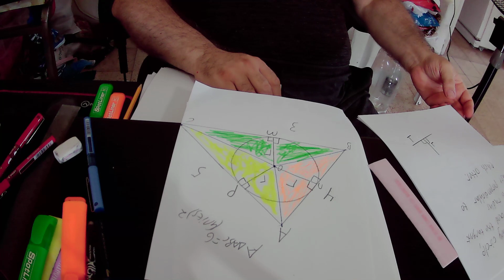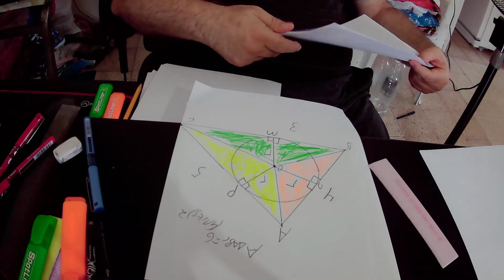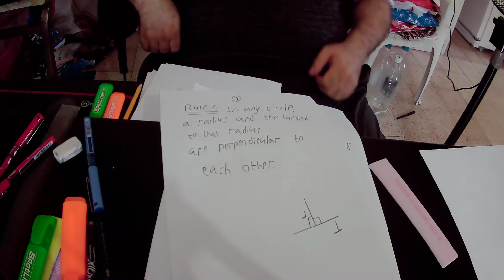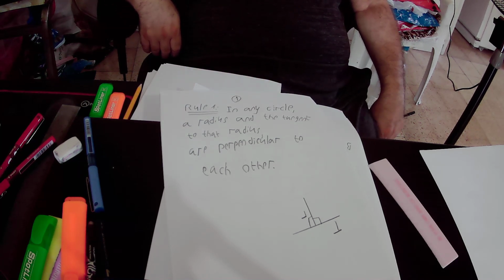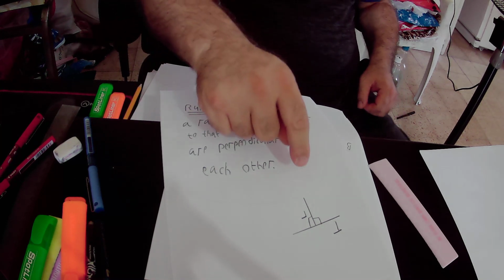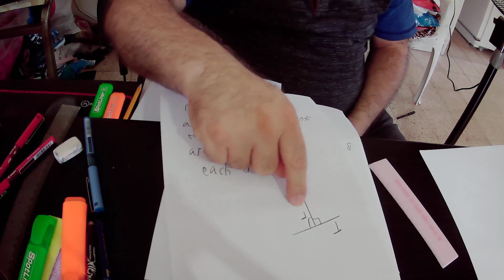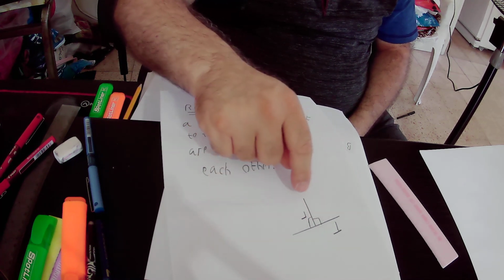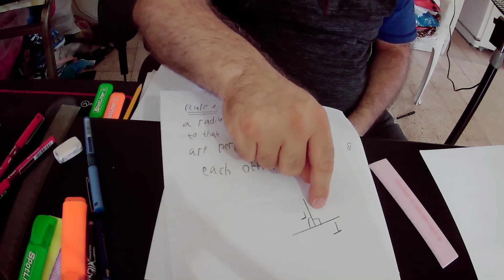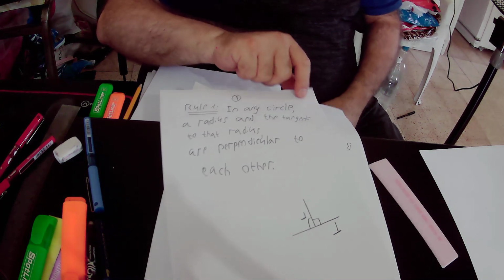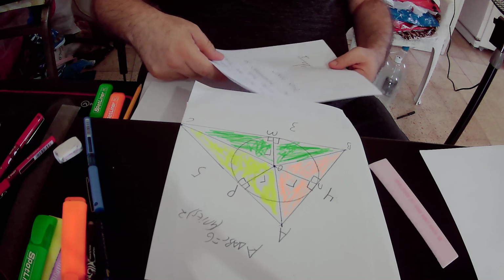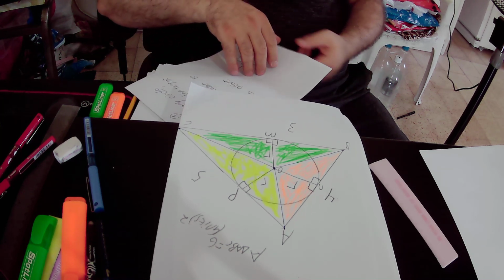Actually, we have rule number 1 that states that in any circle, a radius and the tangent to that radius are perpendicular to each other. So, if we have a radius that is R and the tangent that we called T, then the radius is perpendicular to each tangent. That is to say, this angle is 90 degrees and this angle is also 90 degrees. So we can implement this rule in our circle